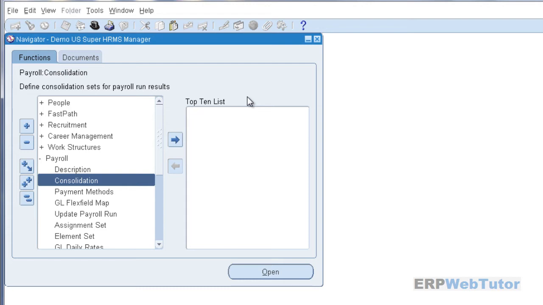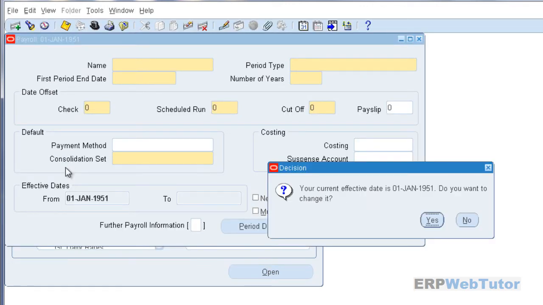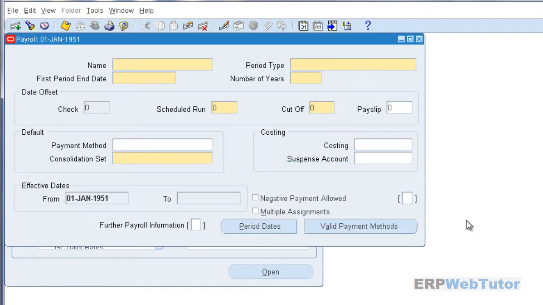Now for that, the navigation is your HR manager responsibility, payroll, and then description. In this particular case, we are going to create one monthly payroll, and of course this is a date tracked form, so you would like to date track to the day that you are doing all the setups. In my case, I am doing all the setups as of 1st Jan 1951, so I will not change the effective date. And then I am going to name my payroll as Demo US monthly payroll,